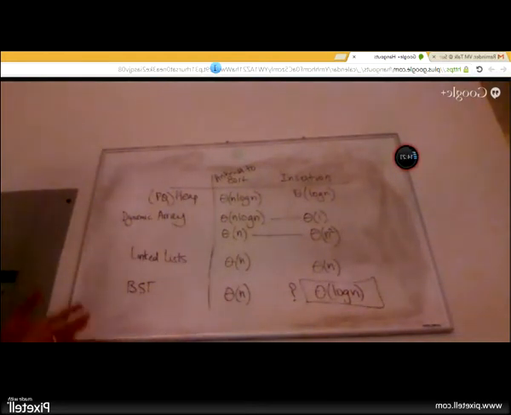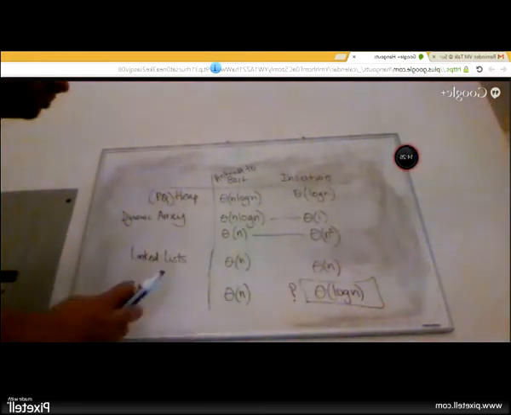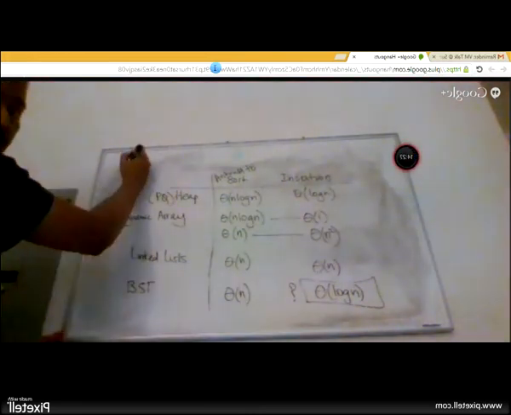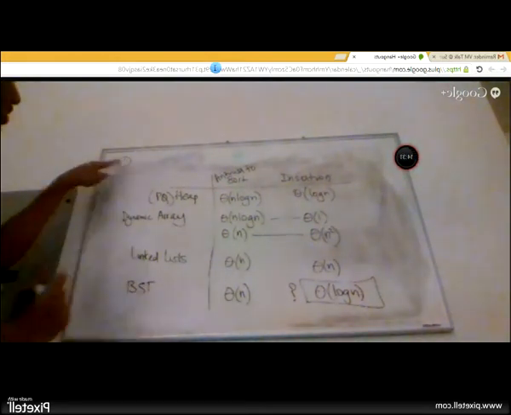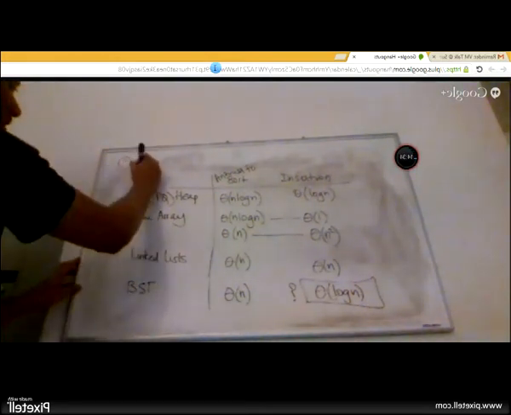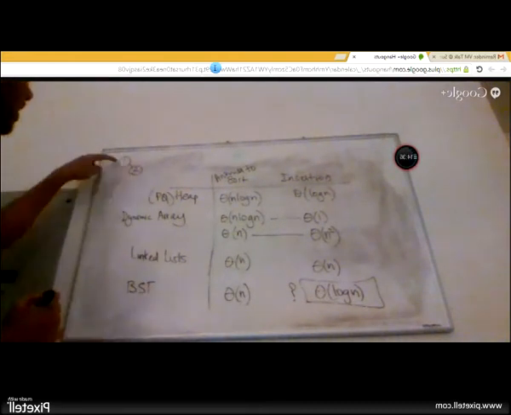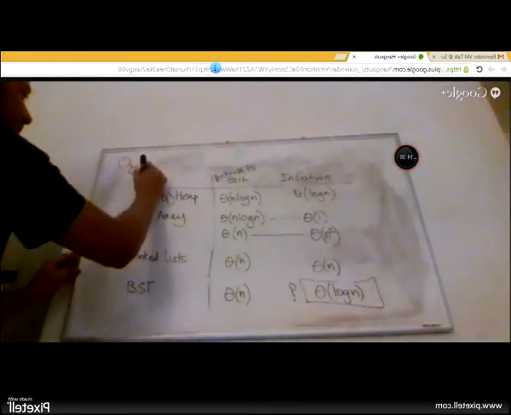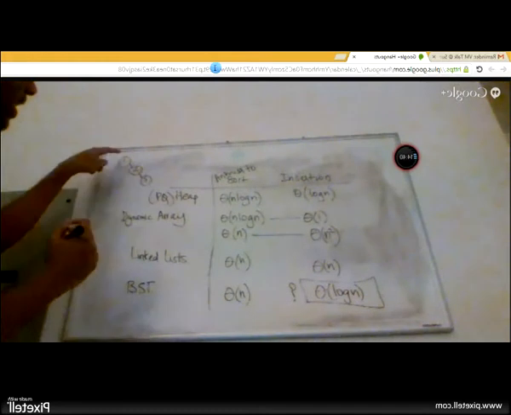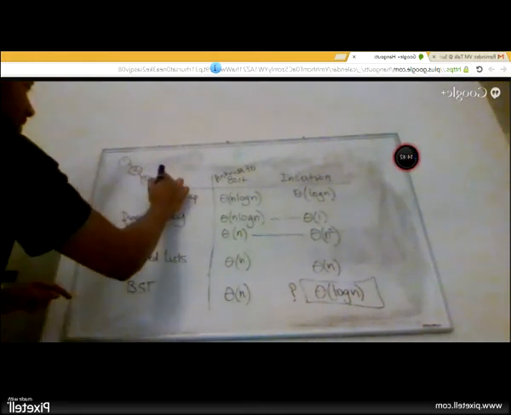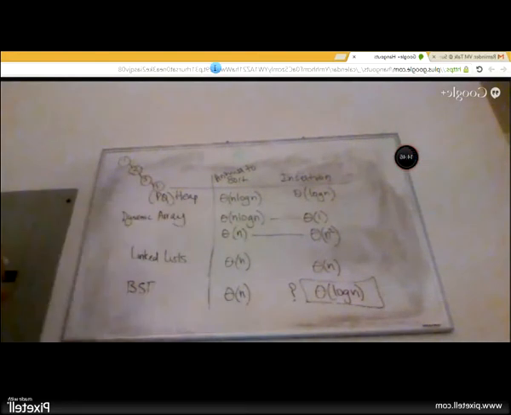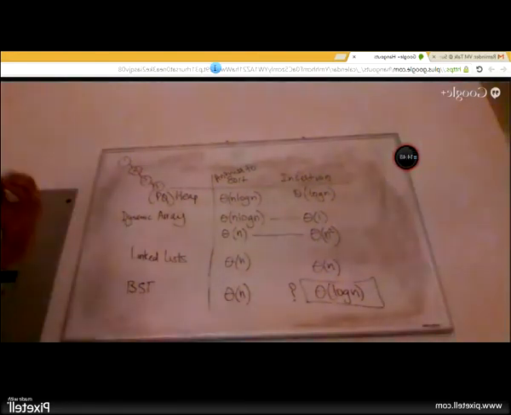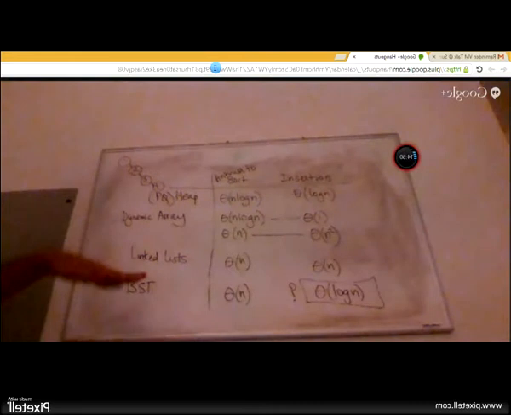So let's say the elements I am giving you are 1, 2, 3, 4. So 1 comes and that gets inserted as a root. 2 comes, 2 is greater than 1, so it becomes the right side. Then 3 comes, it's greater than 1, greater than 2, becomes the right side. Then 4 comes, greater than 1, 2 and 3, becomes the right side of 3. So now I have a skewed binary tree which goes like this. So at every insertion, my level increases by 1, which is bad.